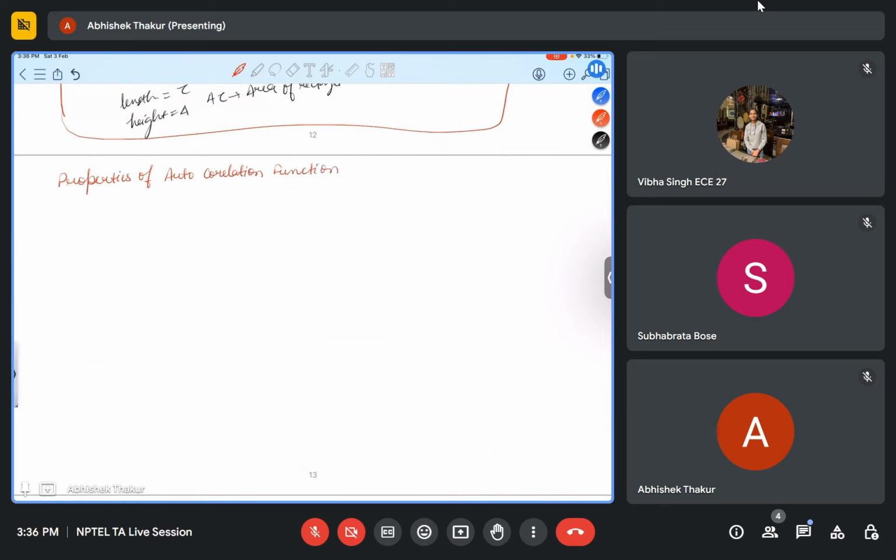First of all, autocorrelation is given as Rx(tau) is equal to, it is denoted like this. So you can write in terms of mean also, that is x(t) into x(t plus tau). And also as discussed in the class,